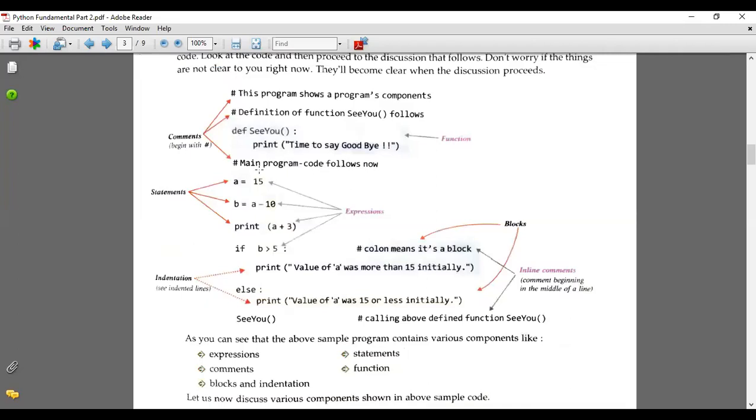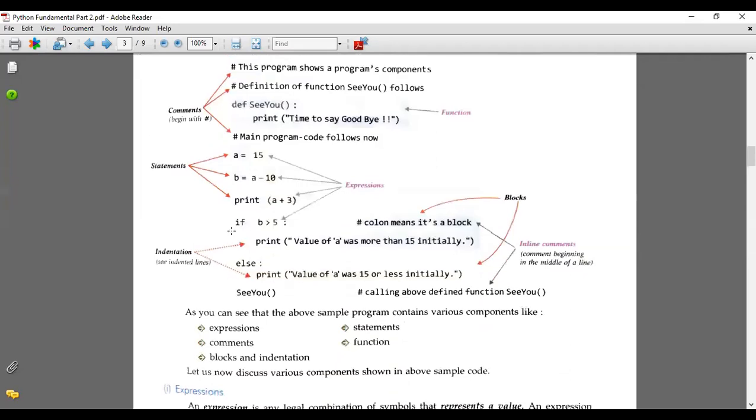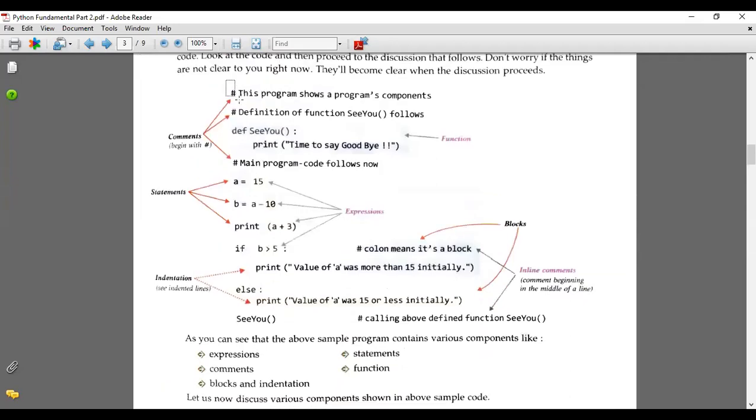Now see this program. Here, this is a punctuator. The pound sign is a punctuator, and in programming it is used for comments. Comments always begin with the pound sign.